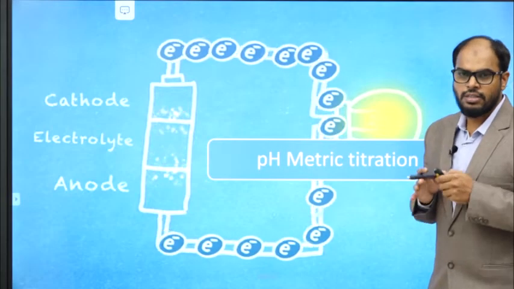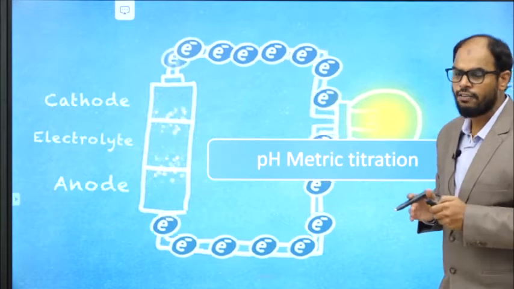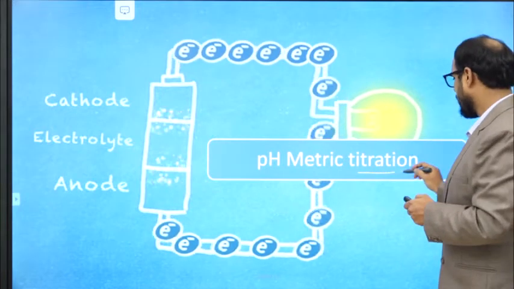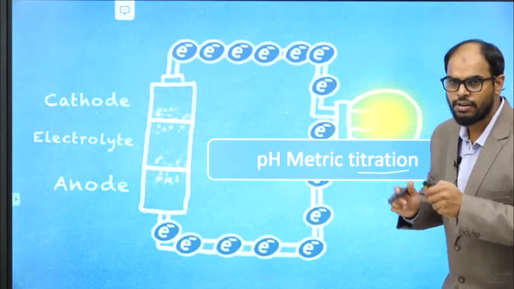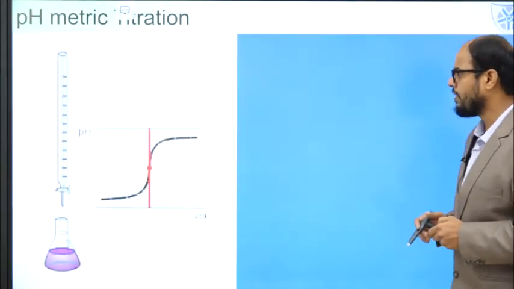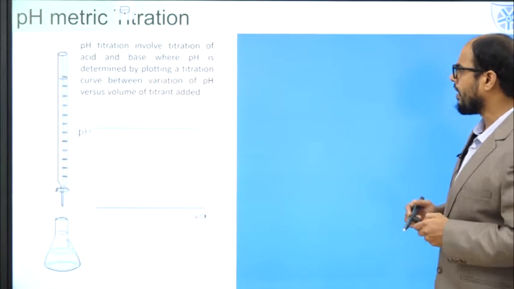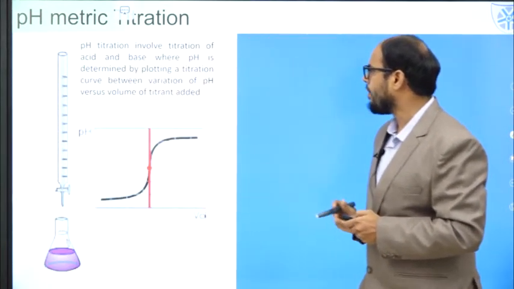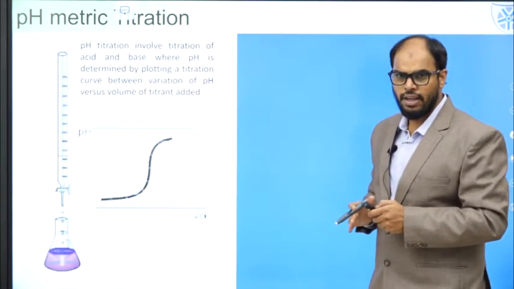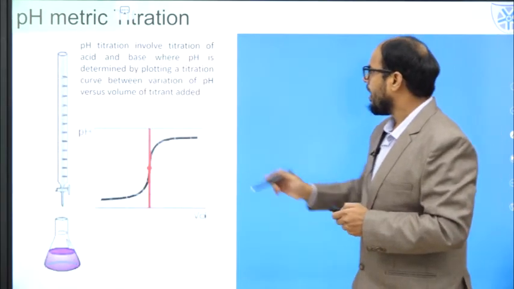Using this pH meter, let us try to understand a different kind of titration. The titrations which involve the use of a pH meter are called pH metric titrations. What is this pH metric titration all about? In a pH metric titration, we have a reaction of an acid and a base, where the pH is